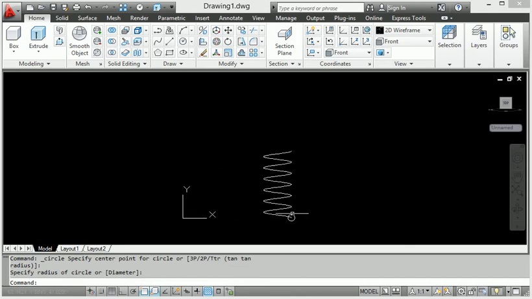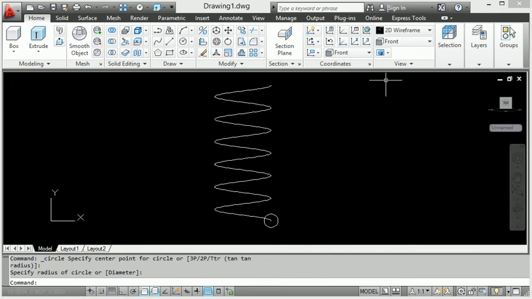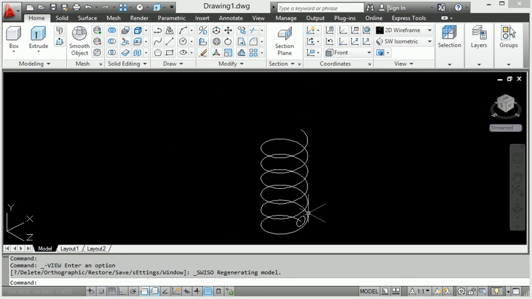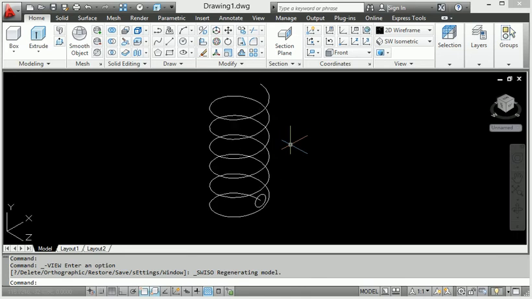Here you can see that I create one circle. Then after that use the 3D isometric view. See this here, 3D isometric view. And also I use the sweep command.